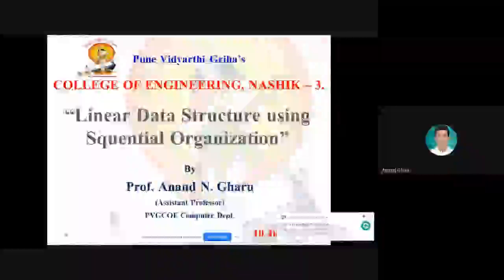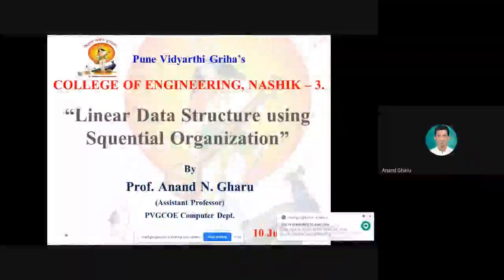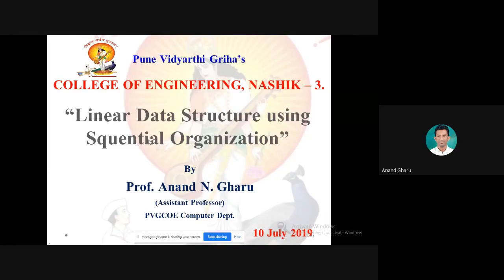Afternoon to all. As our second unit is going on, linear data structure using sequential organization. In the previous session, we have studied the concept of array. What is the array? How to declare the array? What are the uses of array? Characteristics of array. So in today's session, we are going to see the characteristics of array, advantages of array, disadvantages